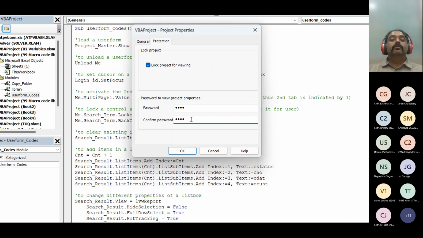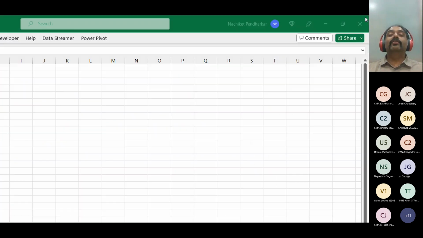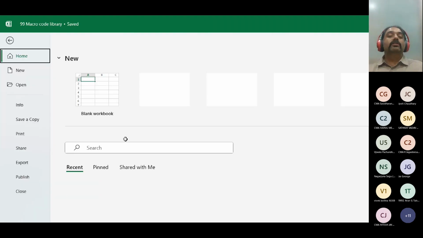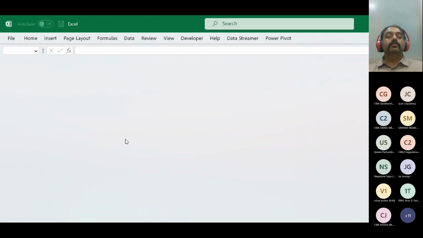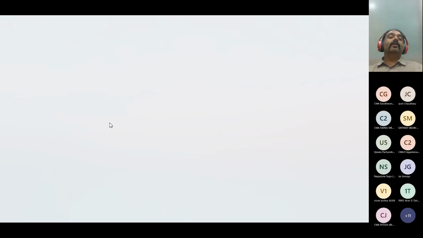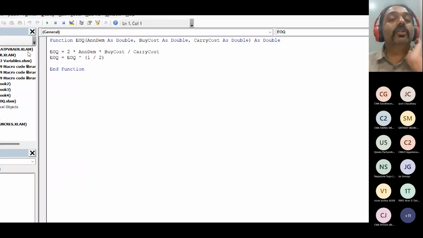You put your password, press OK, and then let us restart this file. So this file I'm going to save and close. Now if I open that file once more, I close that file, now I'm opening it. Now if I go to Visual Basic,